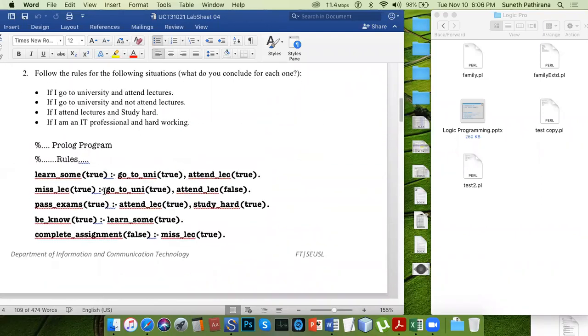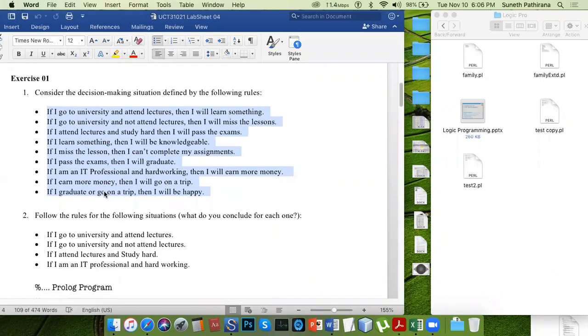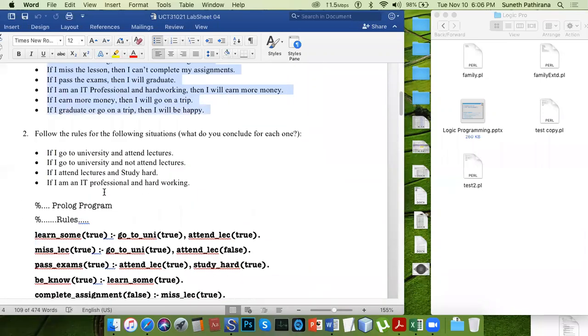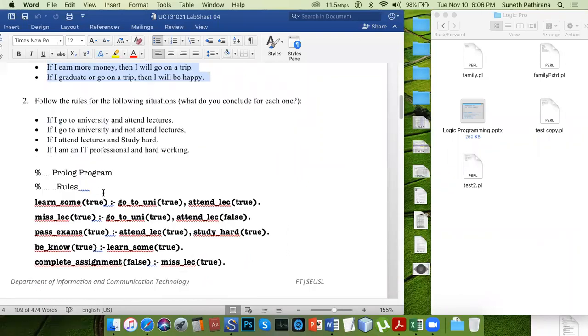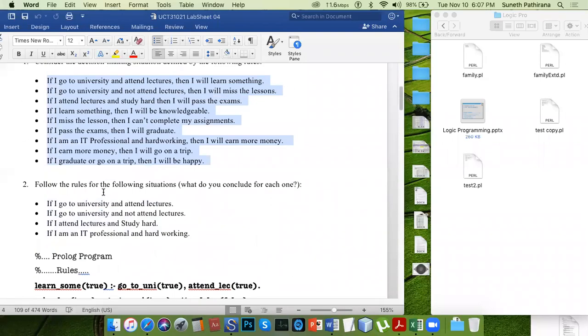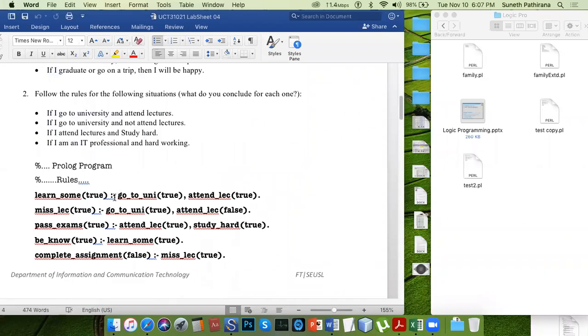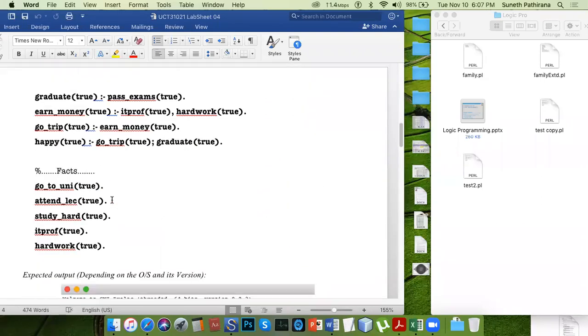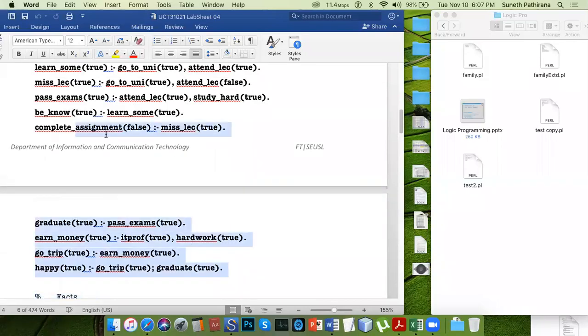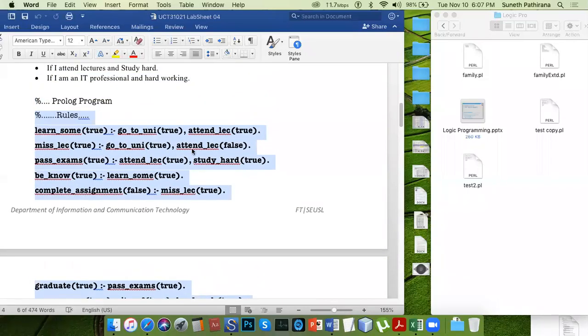There's a very interesting thing in this example. According to this scenario, what we usually do is first define facts, then list down the rules.